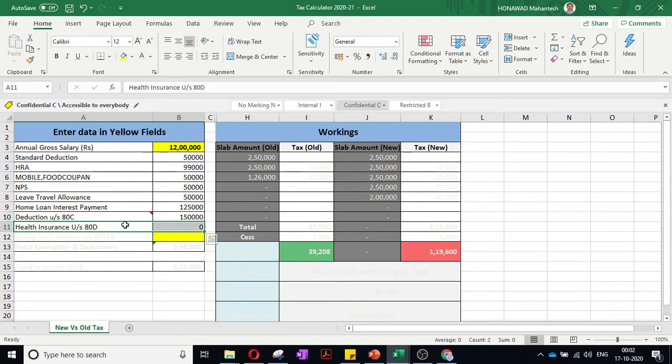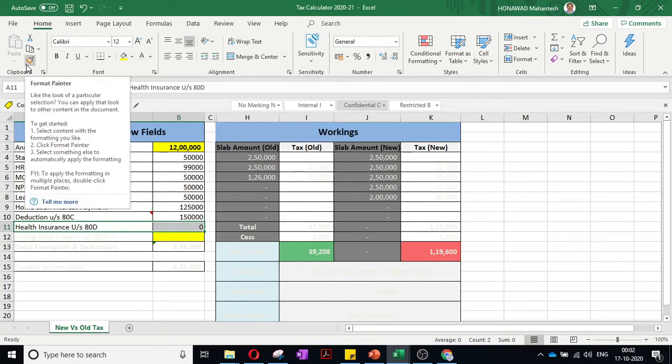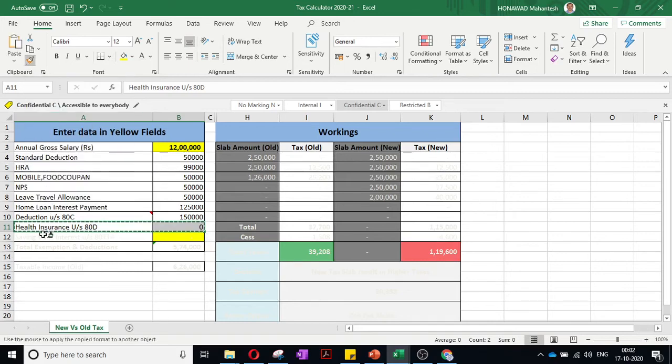Somewhere it will come around 30, 35. I don't know how many of you will take it for your parents, because the company already gives health insurance. So I don't consider any health insurance. Saving bank interest, that also I am not taking. I will touch it later.